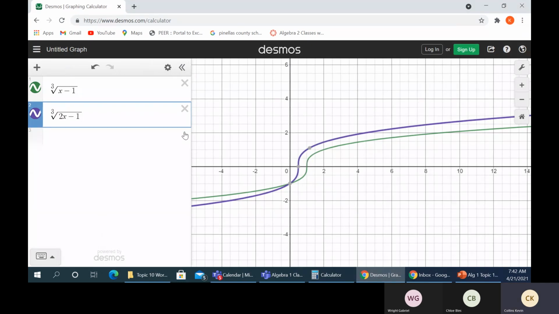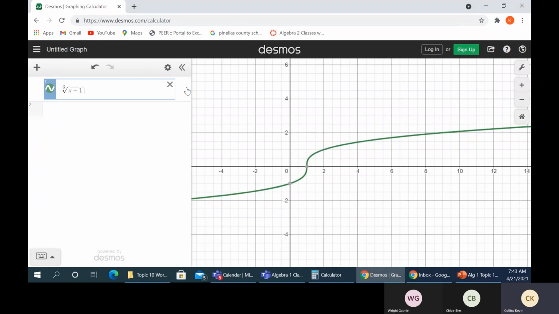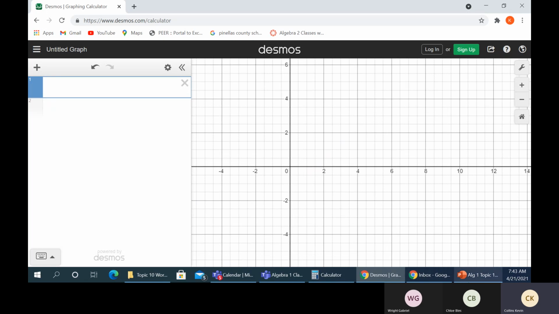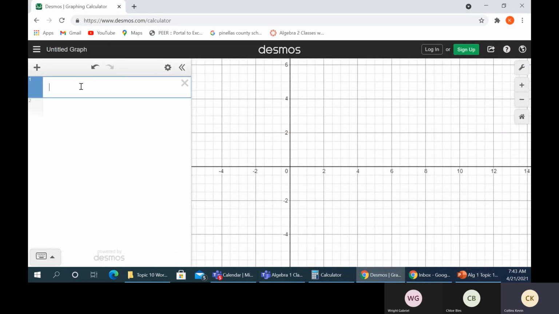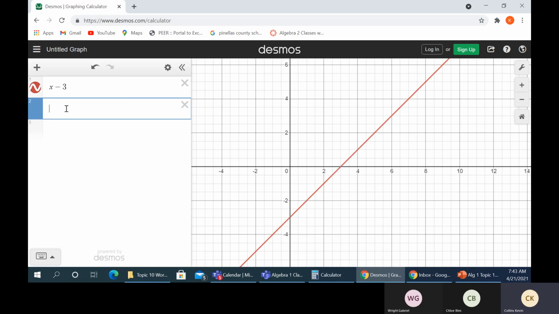All right, so let's get rid of these guys. All right, so we had x minus 3. So there's a line, and again it crosses at 0.3. And the next one is 0.4, and then x